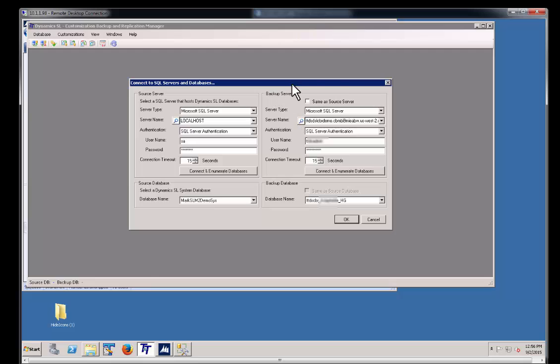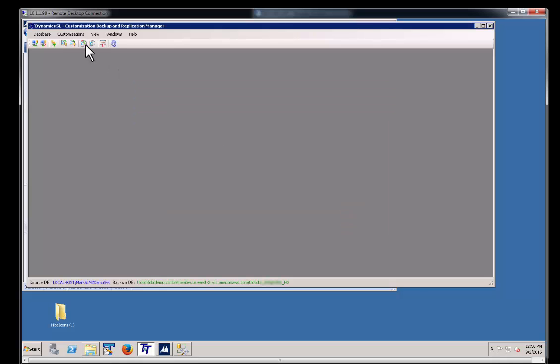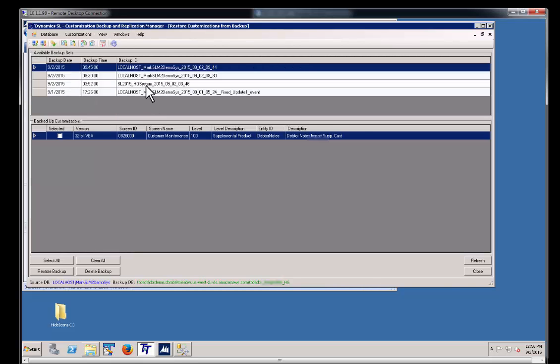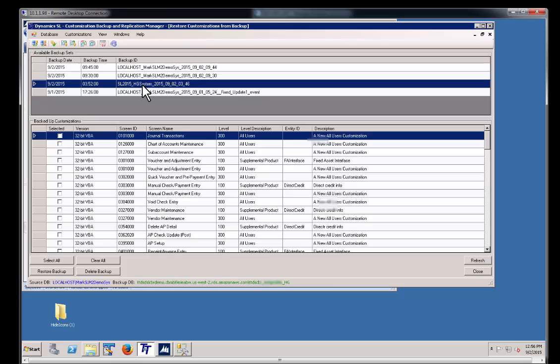And on my backup server, you'll notice that it is the same SQL Server and database name that I used at the client location. So now I connect to those, and from here I now have access to the same backups that I created either locally here or over at the client location. In this case, right here is the first backup I made from the client,